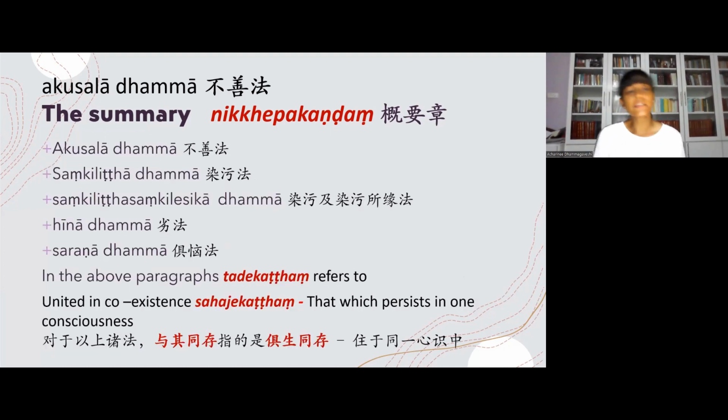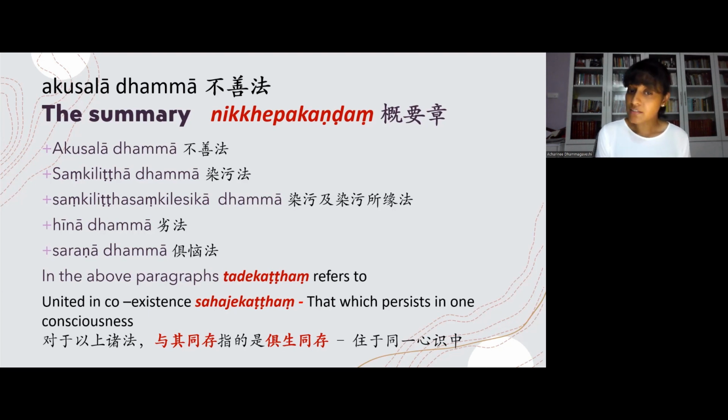Now, here we have a few terms given. Again, from the Nikkhepa kandaṃ: Akusala Dhamma, Sankilitta Dhamma, Sankilitta Sankilesika Dhamma, Hina Dhamma, Sarana Dhamma. Don't have to worry about the meanings of these because we'll be elaborating on them when we get to these particular terms. But in these, what I want to stress is that in these paragraphs, the word Aṭṭhakatha is